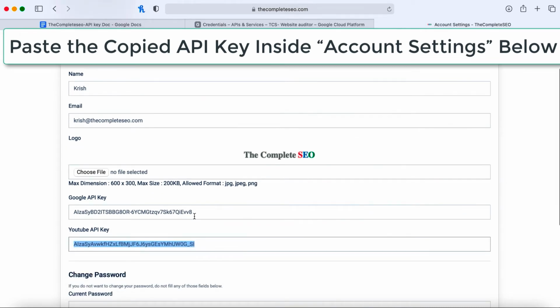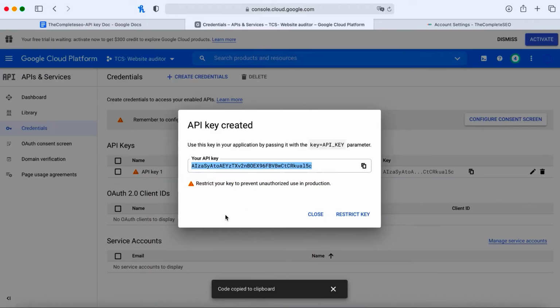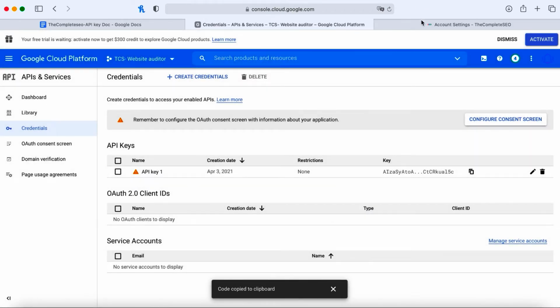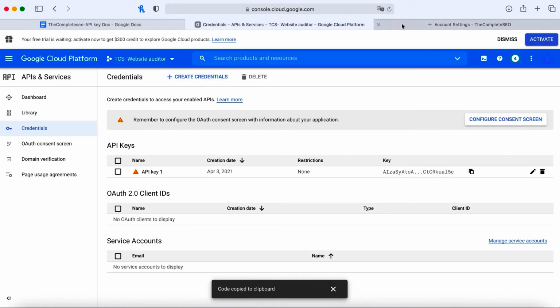Then go to the Complete SEO Google API key field and paste the API key that you copied from the Google platform. As I already have the API key, I just leave the existing API key.